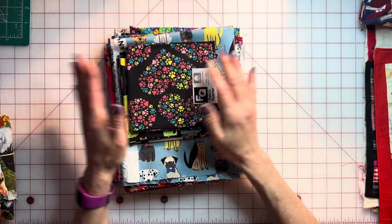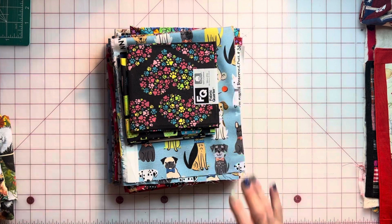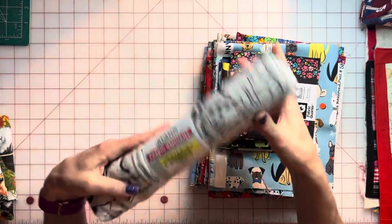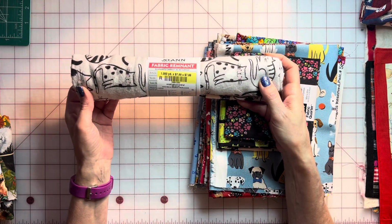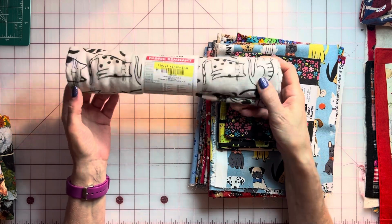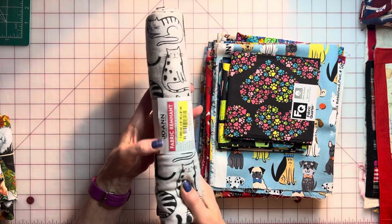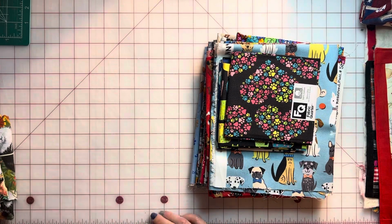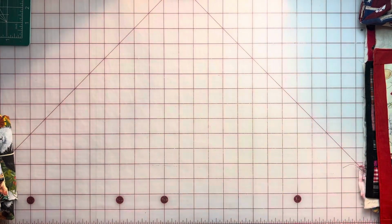So this was my Joann's haul for, oh no, there's more. I knew there would be more. I had gotten this remnant too. This is a cat, 1 full yard. It's normally $7.99 a yard, and I got it for half of that. It's a flannel, so I wouldn't be using that for this, but I just thought this would be so cute as a baby blanket. Okay, so that was today's